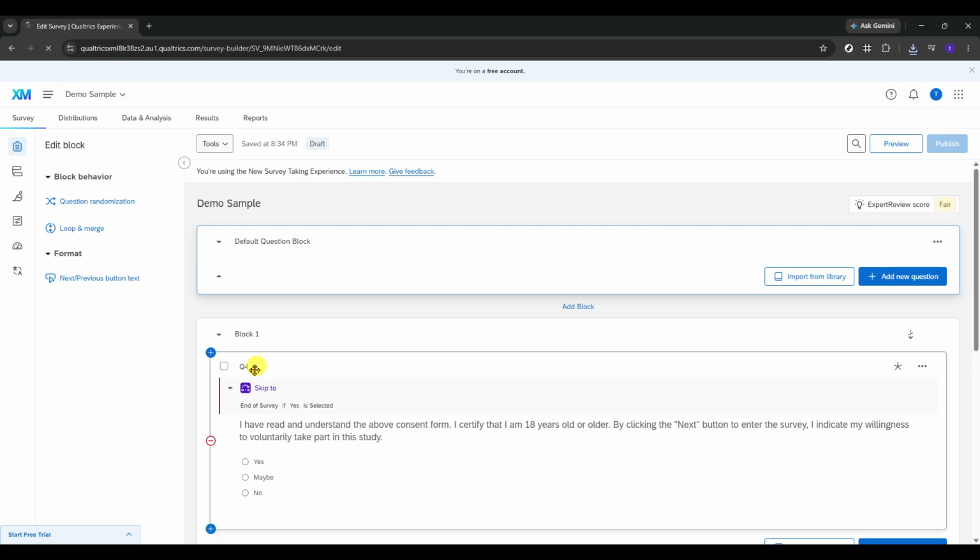Hello, today we will guide you through how to copy a survey in Qualtrics. If you need to duplicate an existing survey so you can reuse its structure, questions, or settings without changing the original, Qualtrics makes that process straightforward. In this walkthrough, we'll start from the survey editing screen and then move into your projects area to create a